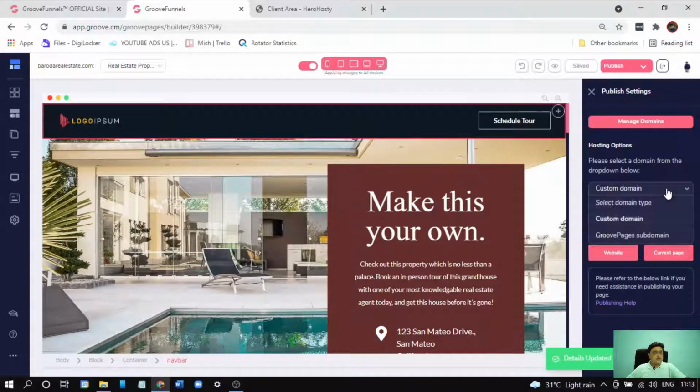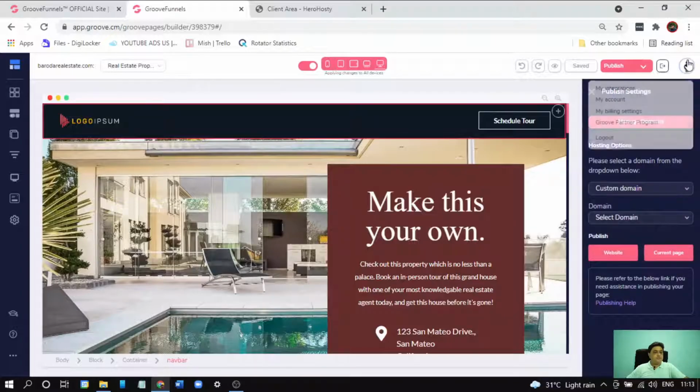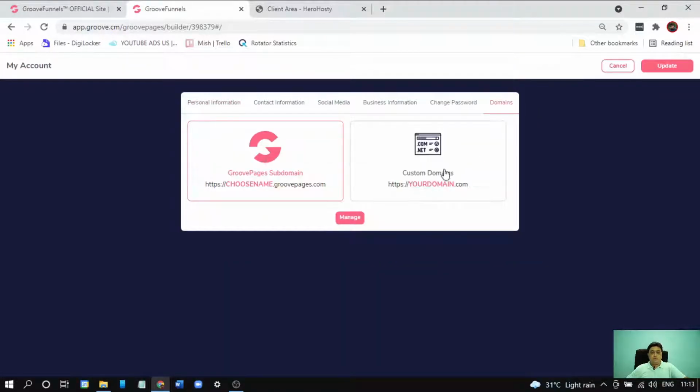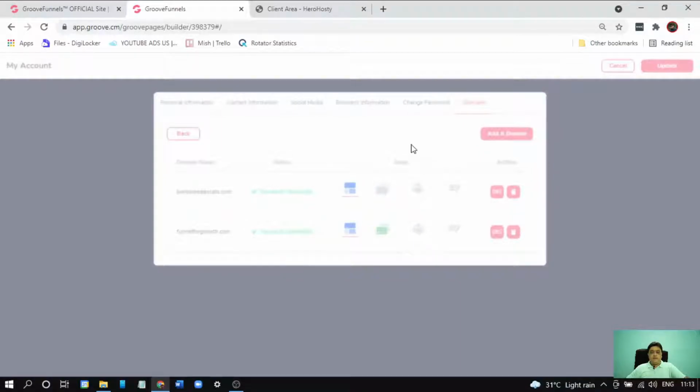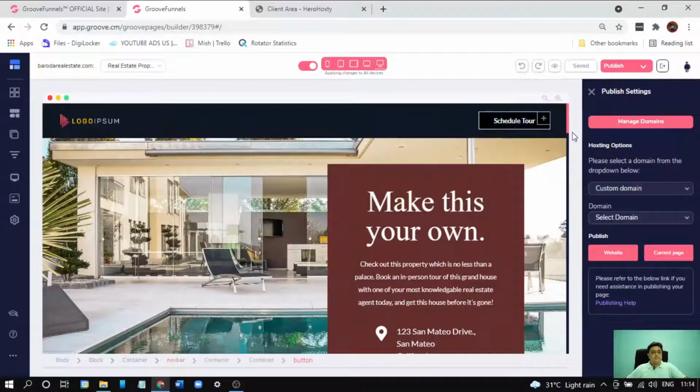Now let's check whether our custom domain is showing inside GroovePages or not. Still not showing. Let's go again to my account, custom domain, manage. It's already secured and connected here. Click again on update. Let's refresh the page.